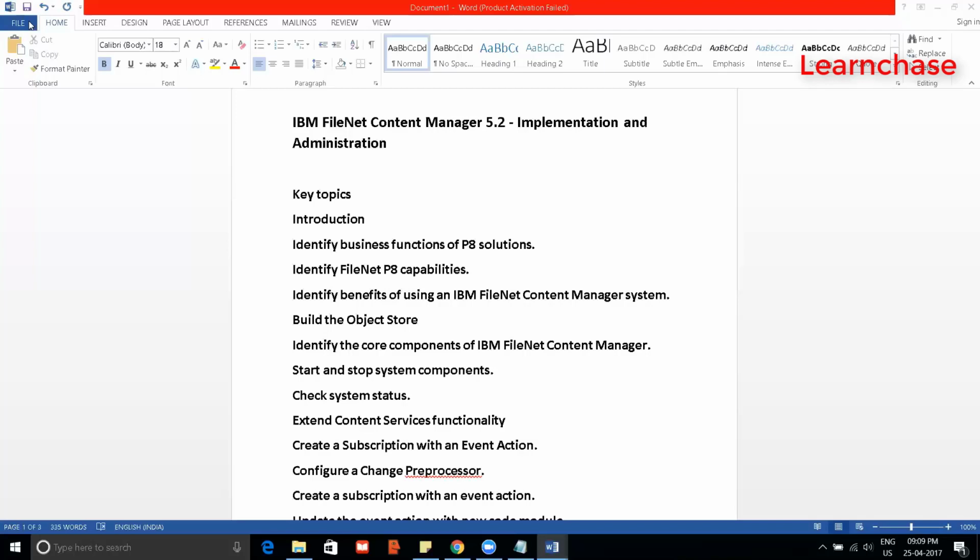Even in the process engine, there are a lot of things you have to manage as an administrator, like how to configure the process engine. Same as in content manager, you have to configure the process engine repository as well. There are a lot of things like rosters and work queues that you have to define. Those are defined by the administrator only.